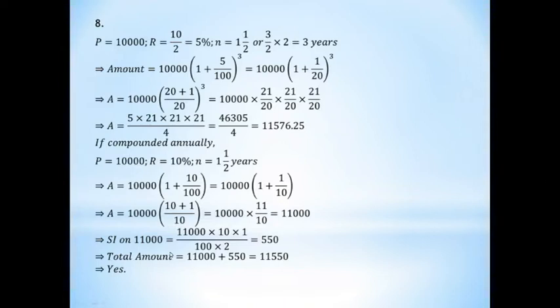So then SI on 11,000, we have to see here 11,000 as a principal, same rate and half time, half year. So after calculating this, we will find out 550 as a simple interest. Then the total amount after calculating it will be 11,000 plus 550. That means